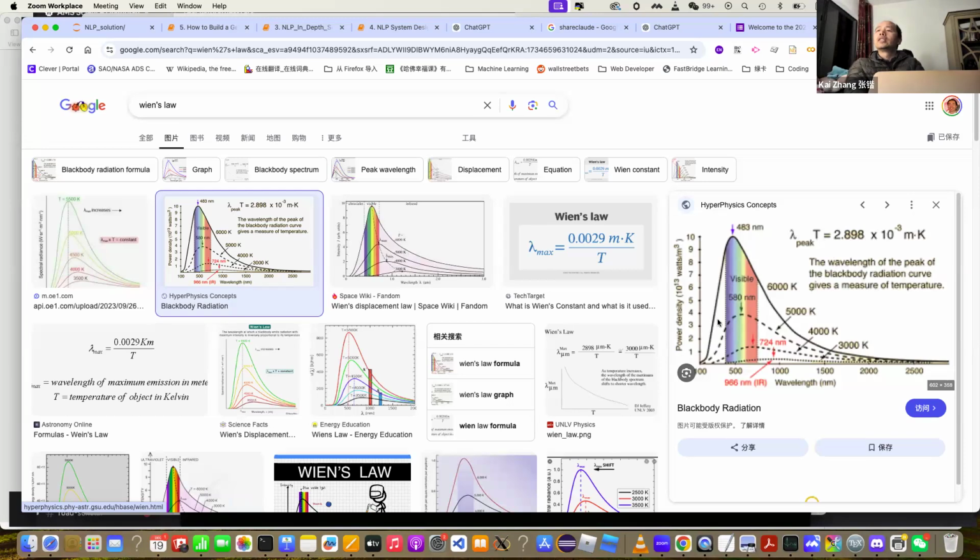The wavelength of the peak of the black body radiation curve gives the measurement of the temperature. So if the temperature, for example, is 6,000 K, which is about the temperature of the sun, it will peak at around 483 nanometers. But if the temperature is a factor of 2 smaller, so that it drops to 3,000 Kelvin,